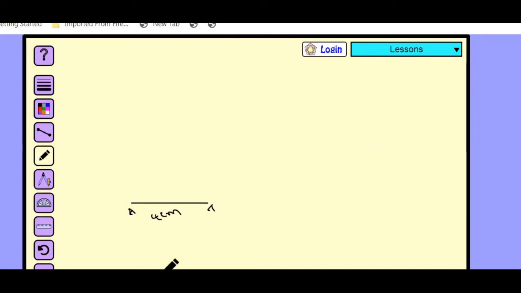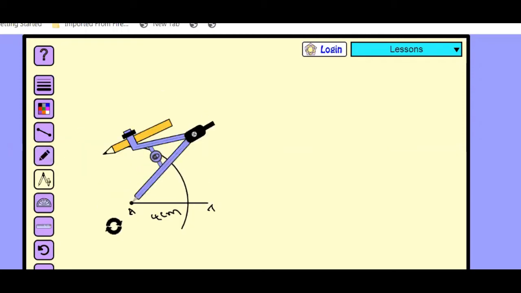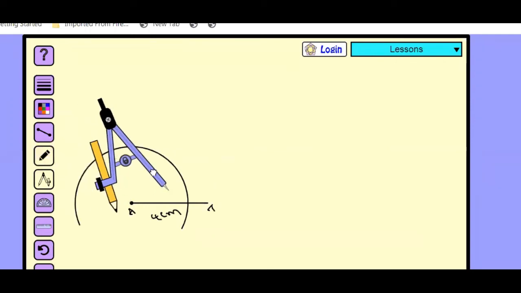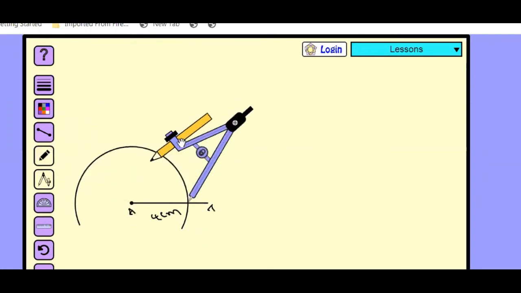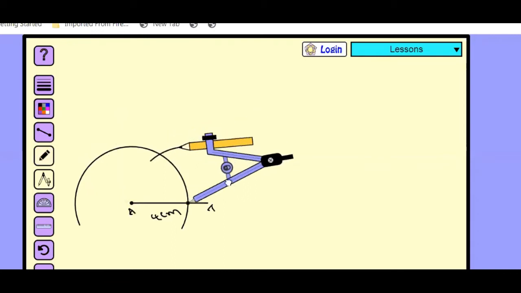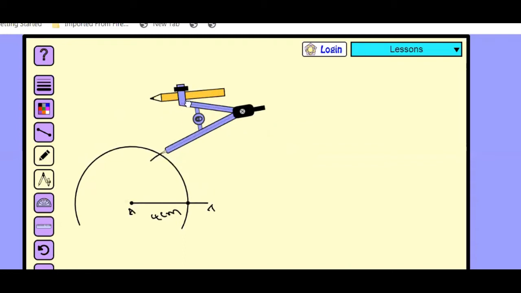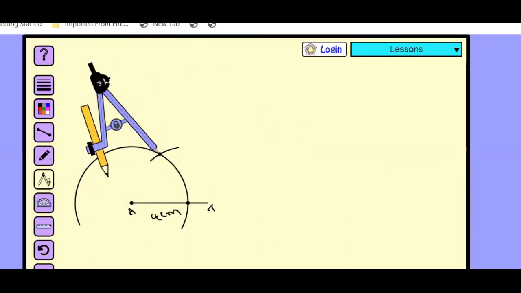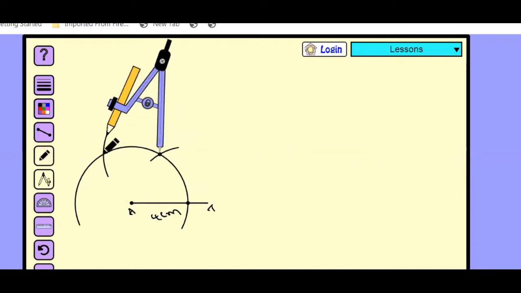For that, you should take the compass and take the radius slightly more than half of the length of AX, and with A at the center, draw an arc with the same radius. Draw an arc which cuts the previous arc at the 60 degrees point. With the same radius, center at the 60 degrees point, draw another arc which cuts the previous arc. Now here the second point indicates the 120 degrees. So now draw a ray AX.